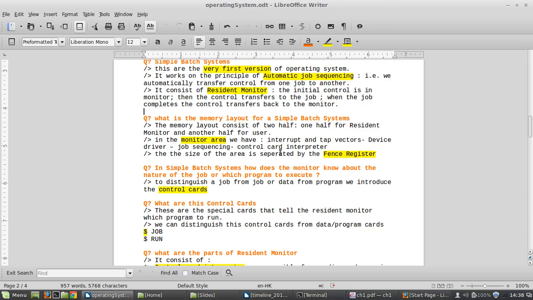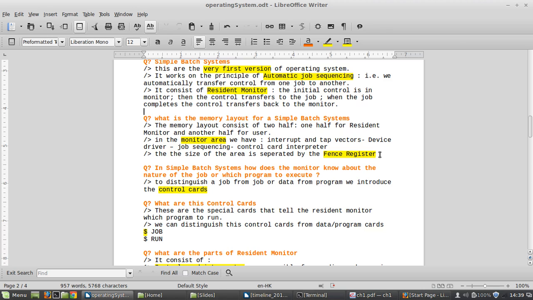How is the memory structure? Okay, so the memory layout consists of two halves. The whole memory box is divided into two halves. The first half is for the resident monitor, and the resident monitor, as I already told you, is something that transfers the control to the job, and after the job is done, the control is taken back, right? So the first half of the memory block is for this resident monitor, whereas